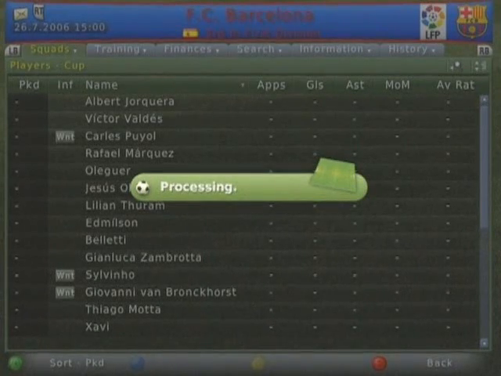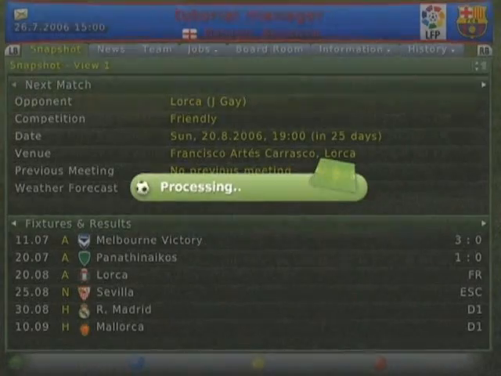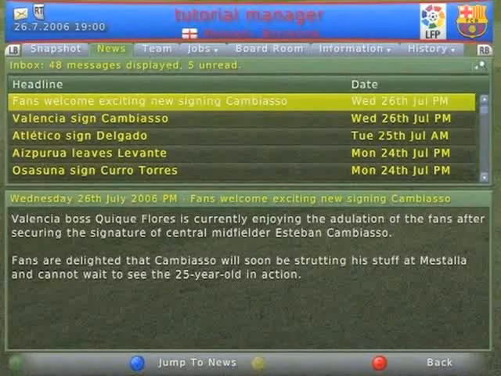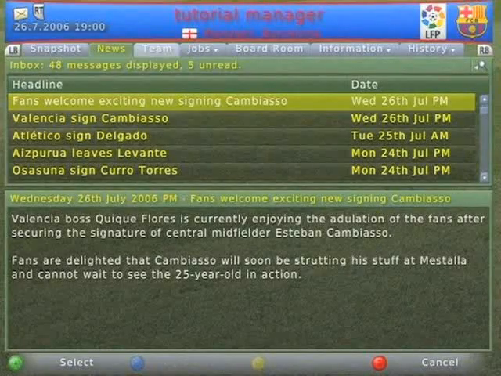game. If you find yourself getting confused with where you are or the game in general, then by pressing the Start button, a wealth of options will appear to help you out. Have a play around and experiment to see what all the buttons do, but you'll soon get the swing of things. To have a look at the current mood surrounding your management, you should press either the LB or RB